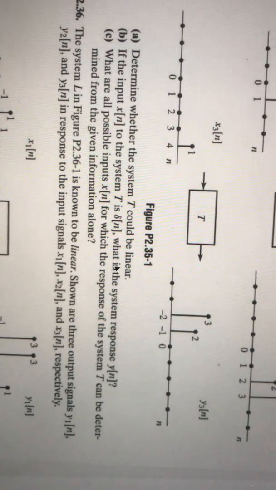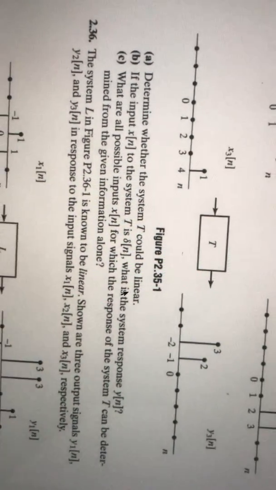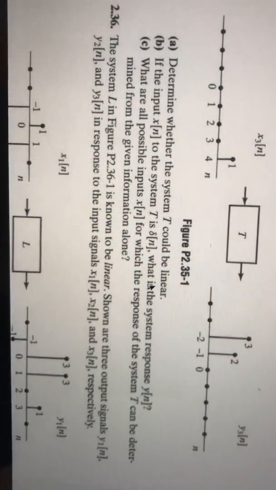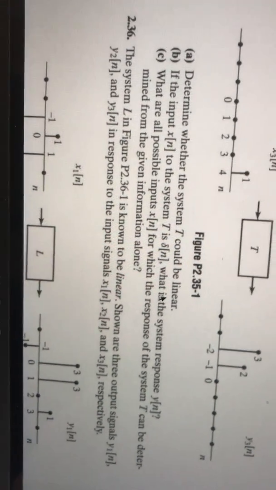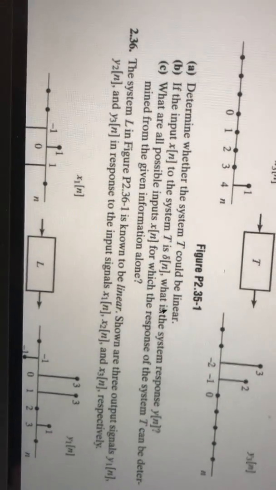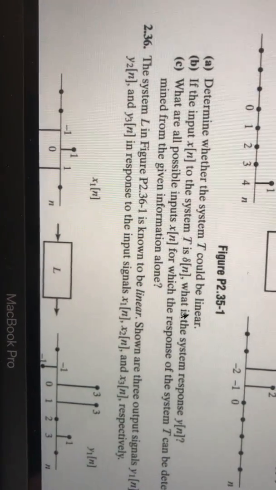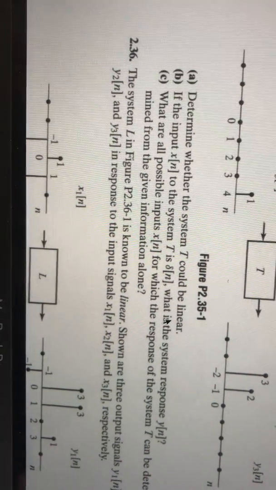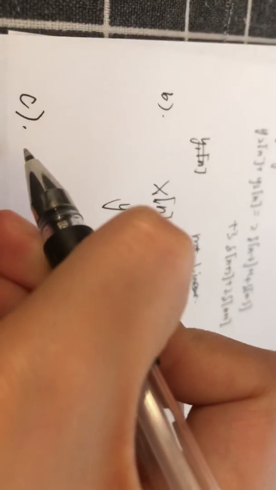So in the third question, we're going to find out the possible inputs x[n] for which the response of system T can be determined from the given information alone. So we know that the system is time invariant, but it's not linear like we said in question A. So we could not find a linear combination of x1, x2, x3. So we could only use the shifted version based on time invariance. So we could only find that